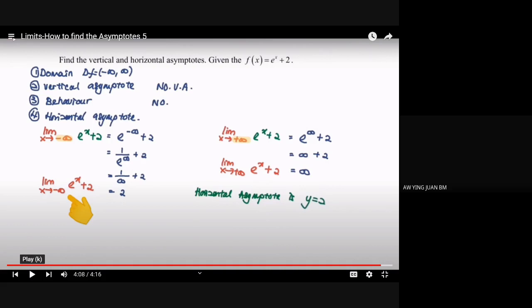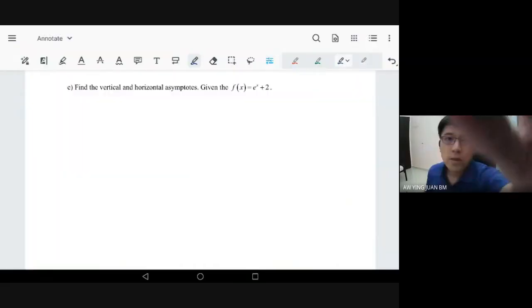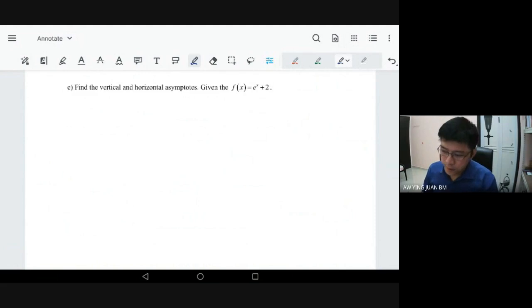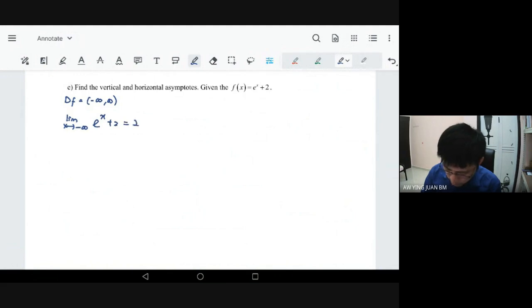Okay, so sekarang you tengok you ada situasi ini. So kita sketch the graph. So anda rujuk ya. So rujuk kepada situasi ini, domain dia all real number, betul? Domain dia all real number. Kemudian kita tak ada vertical asymptote, betul tak? So seterusnya kita ada limit when x approaching negative infinity untuk situasi exponent x plus with the 2, kita ada 2 as a horizontal asymptote. Okay, seterusnya kita ada limit when x approaching positive infinity plus with the 2, kita ada positive infinity.